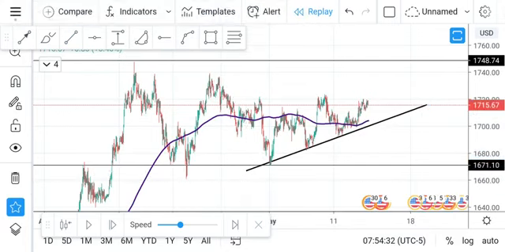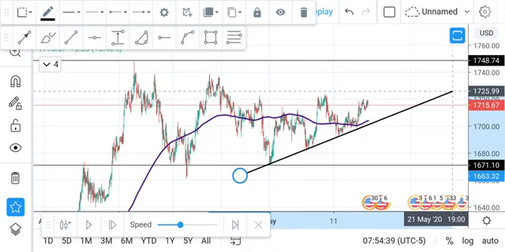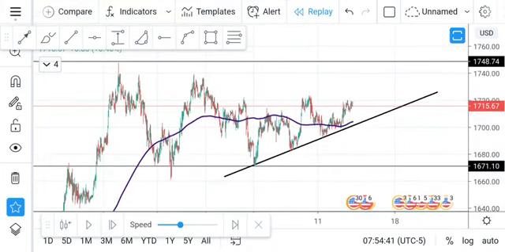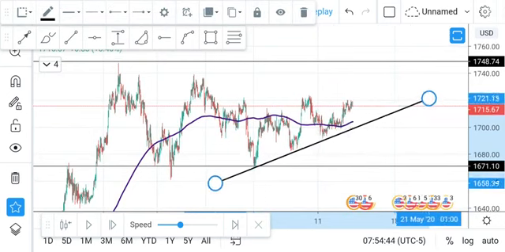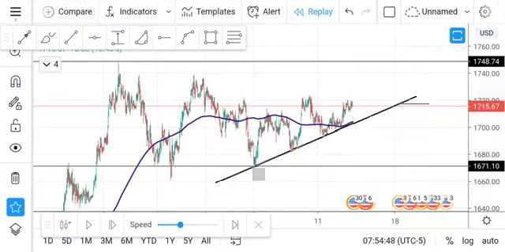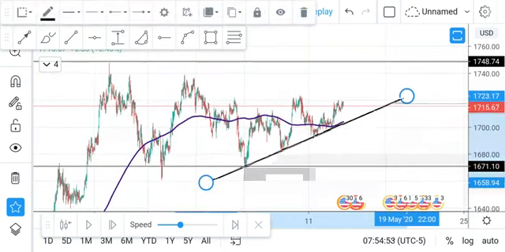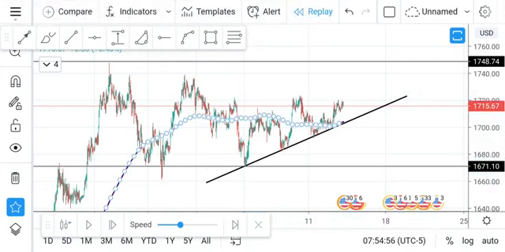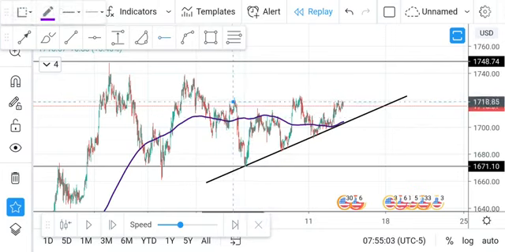I'm seeing higher highs, price is making higher highs in an uptrend, and that's a good sign already. I'm seeing higher highs, and the 200 period moving average over here is acting as support to price. So the chart pattern that I have identified over here is